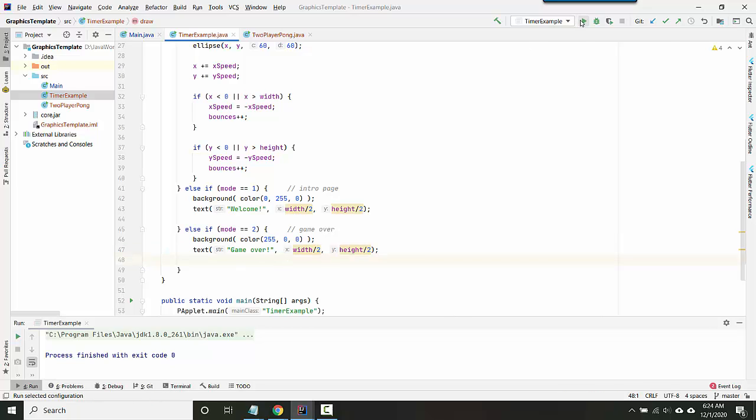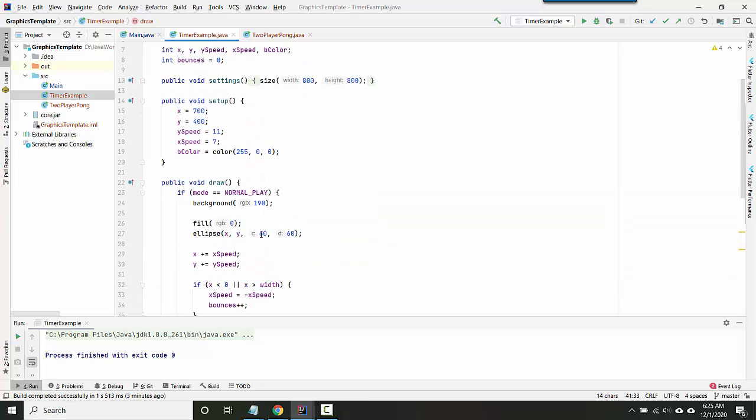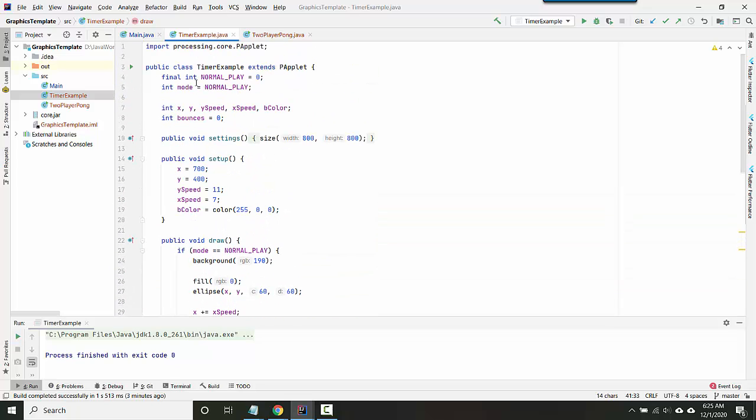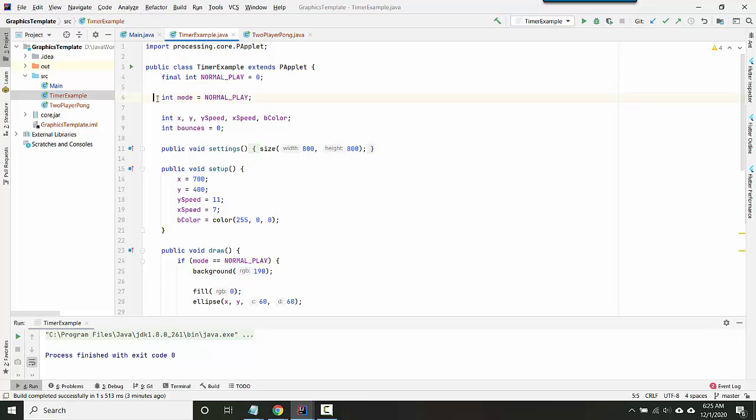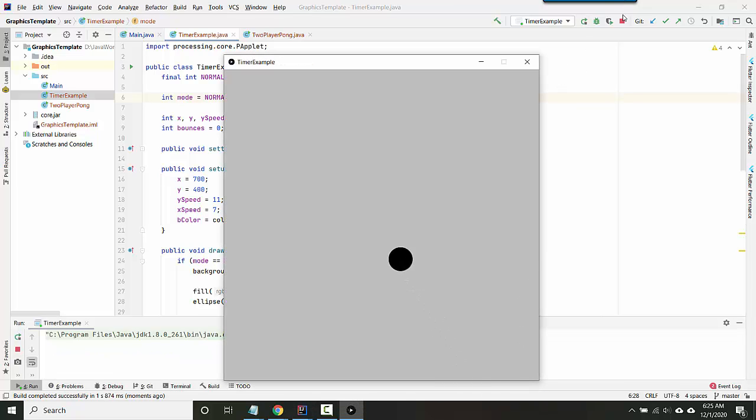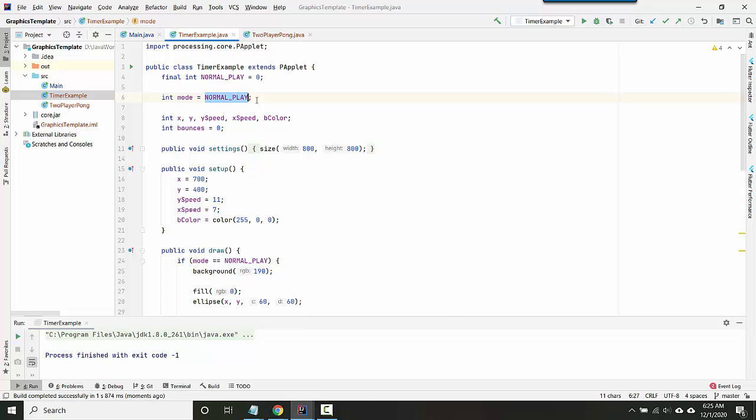You're going to be tempted to run it, but we can't actually test it yet, because we have nothing that tells us when we should be switching modes. One easy way to test it is to just manually change the mode yourself. Right now mode is normal play, so let's run it and make sure it still does normal play. Great. But then if I switch mode to 1 and I run it,